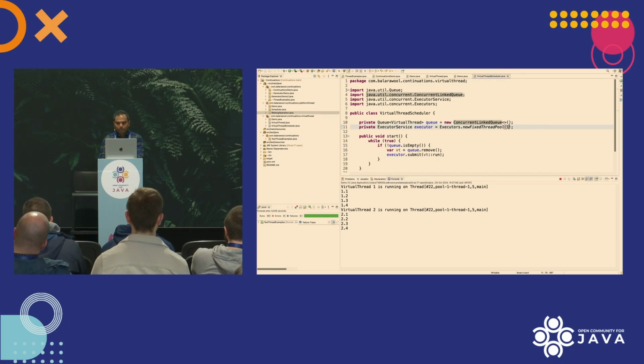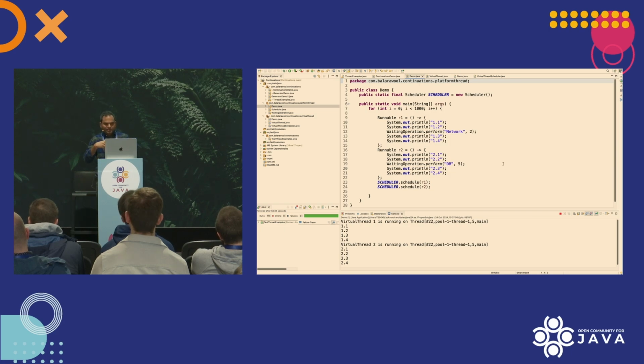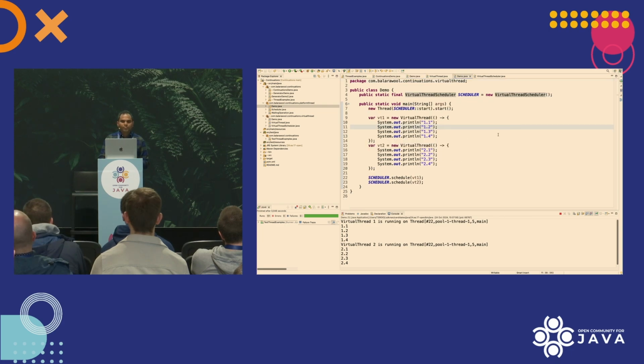Okay, so everything is working fine now, and this is the time to introduce our blocking call because we want our virtual thread to execute some blocking calls, and then we see that it yields the platform thread. So the platform thread is open for some other virtual thread to execute. How do we do that? Oops, sorry, I think I opened the wrong demo. So we want to introduce some blocking calls here.